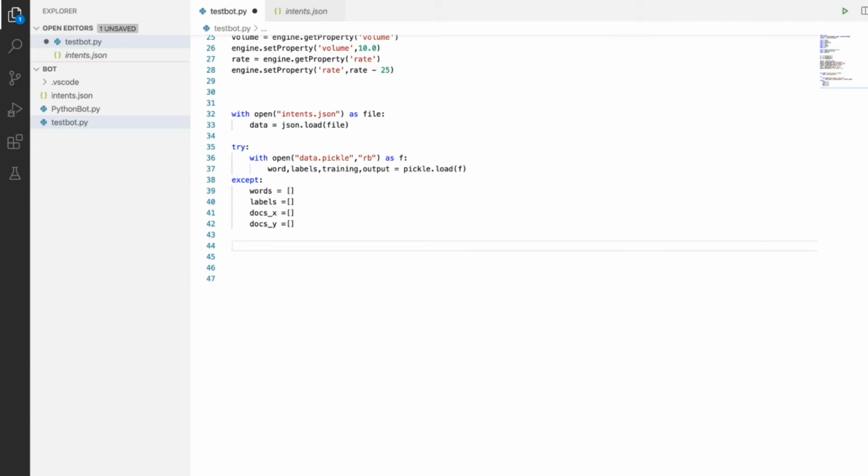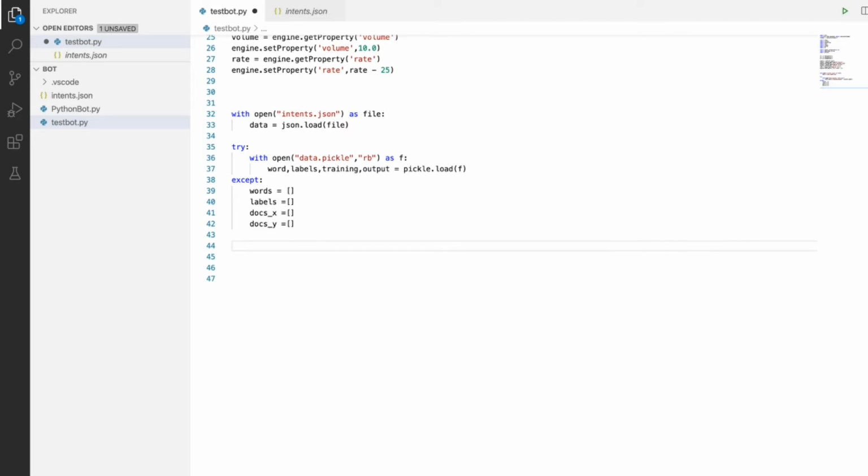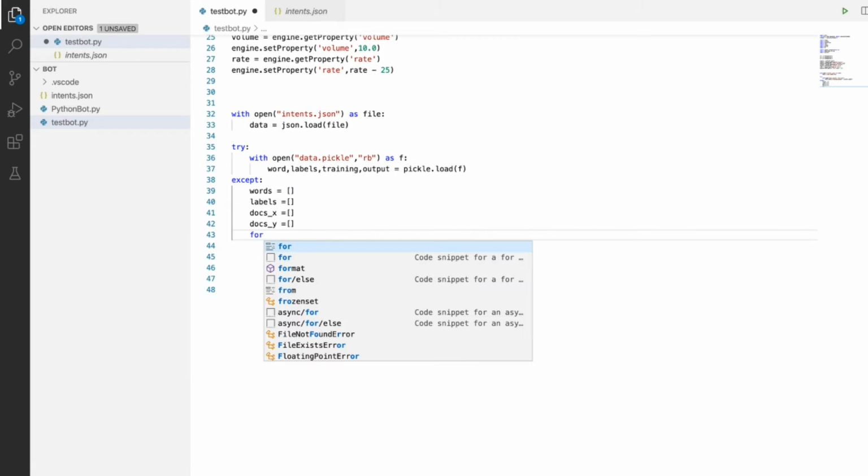So this is the part 2 video. Here we continue where we left off. We started creating and reading the file, right? As of now we did the data pickle. We check whether we have a data pickle or not. If not, we are creating the words array, labels array, and docs x and docs y. Just create these things, and after that create a loop